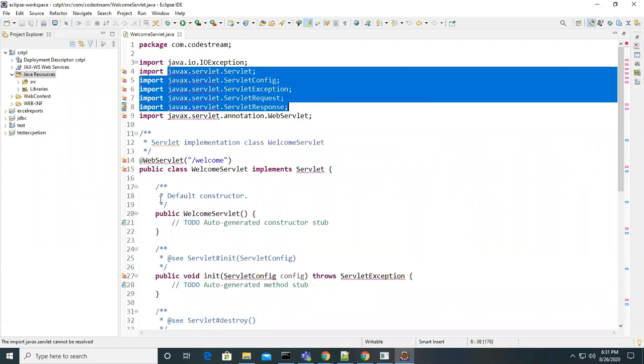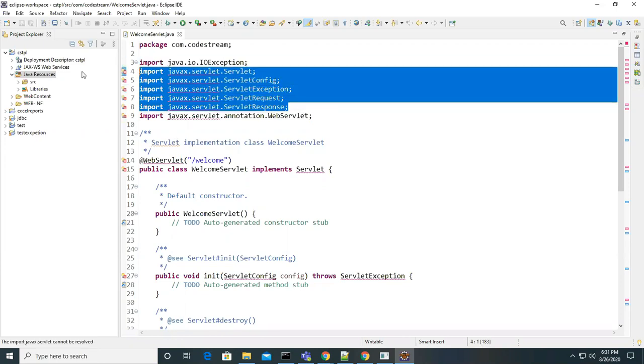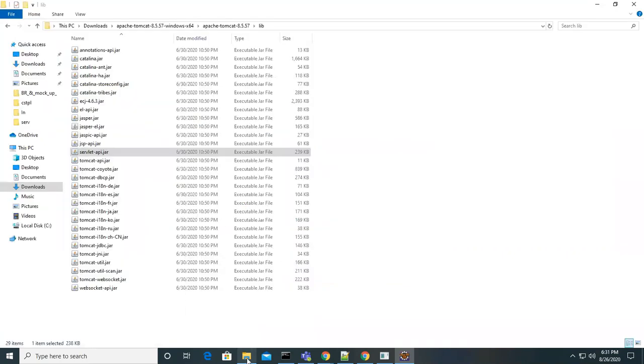You have to set a class path to a jar file which contains all these classes or interfaces. So where are these things available? In the Servlet API jar file. You can find it in the lib folder of the server.